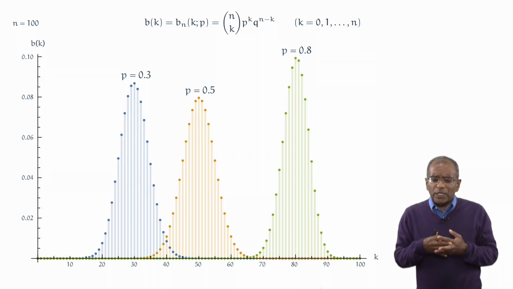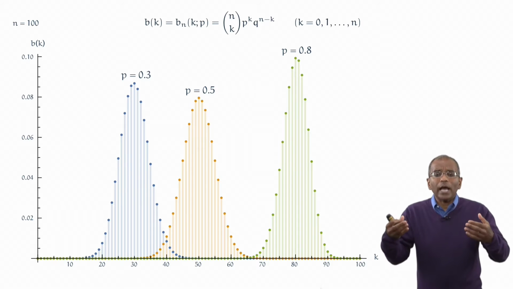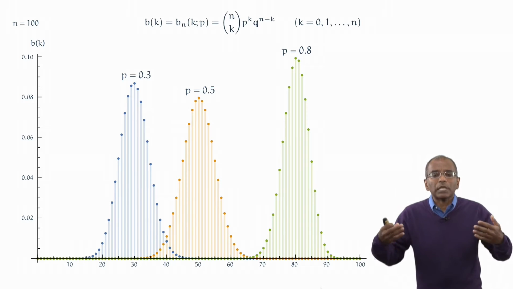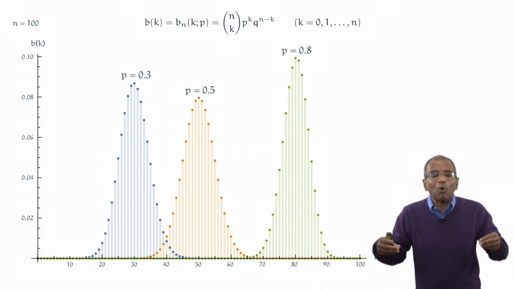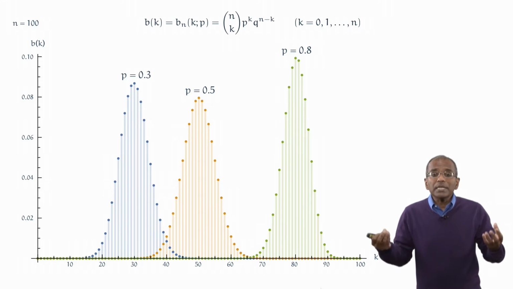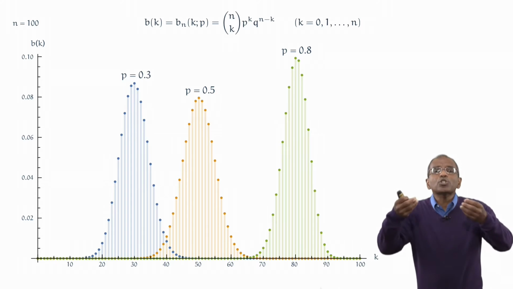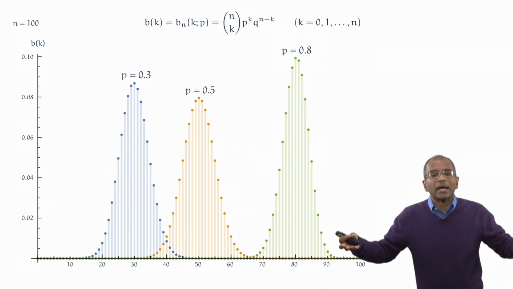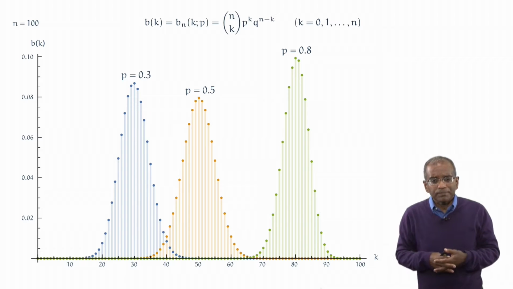A little introspection will convince us that this is entirely reasonable. After all, if one has a fair coin, we have a maximally unpredictable outcome. The moment you put a bias into the coin, the outcome becomes more predictable. And therefore, that should suggest that the probability distribution should be most unpredictable, in other words, should be most spread out or most dispersed when the coin is fair. And of course, we see this in the picture.